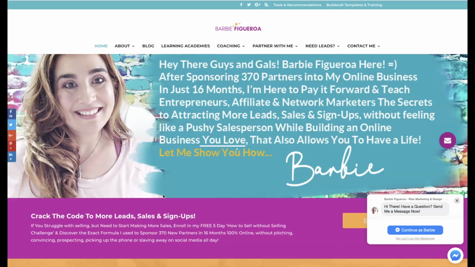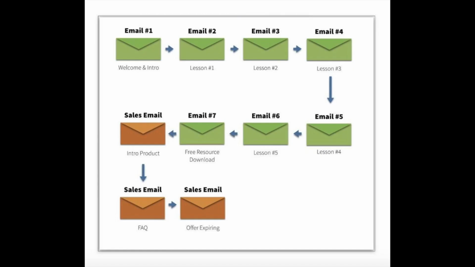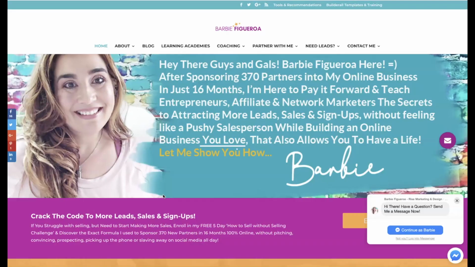Now, you can schedule broadcast emails in advance, but again, it happens by schedule, by like calendar schedule, and not so much by days that you space out. So, for example, when someone opts into an autoresponder, you want to have at least 7 email follow-ups, right? And so when that person opts in, you already have those emails inside of your autoresponder set to be sent out every day or every other day.